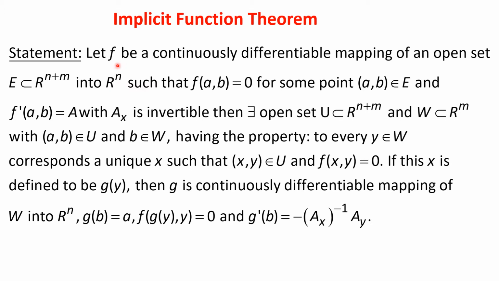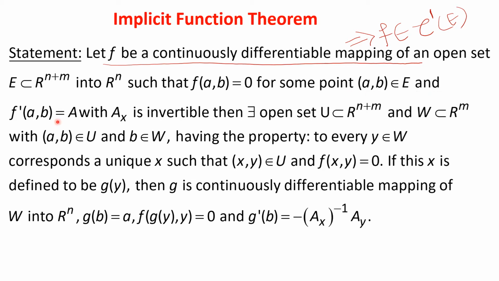So F is a continuously differentiable mapping, which implies F belongs to C', the set of continuously differentiable mappings on the points of E. Such that F(a,b) is equal to 0 for some point (a,b) belongs to E,